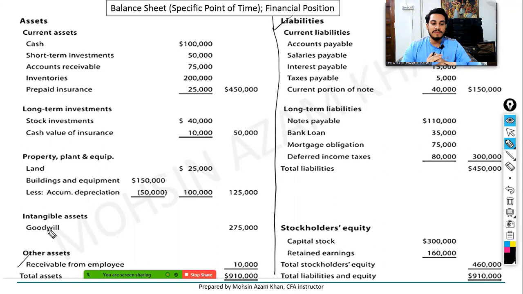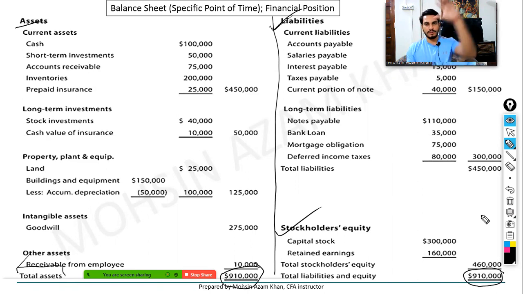You can see in the balance sheet, one side is showing the total assets, all the assets. So here's the total assets. And the other side is showing you the liabilities and equity. They're not side by side. They go straight down. So the first portion comes as the asset, and underneath that comes the portion of